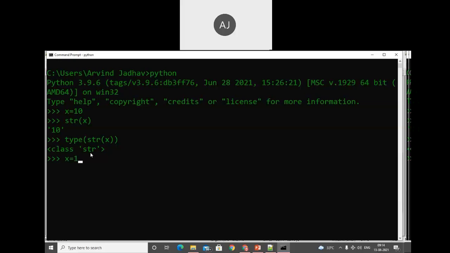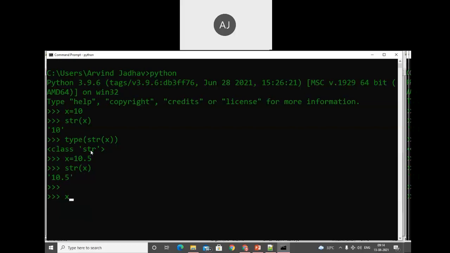Similarly, we'll do it for the fractional number 10.5. Now I'm trying to convert that 10.5 into a string. So we get the value 10.5 in quotes. That means we successfully converted the fractional value into a string. So these are the two: natural decimal number and fractional number.